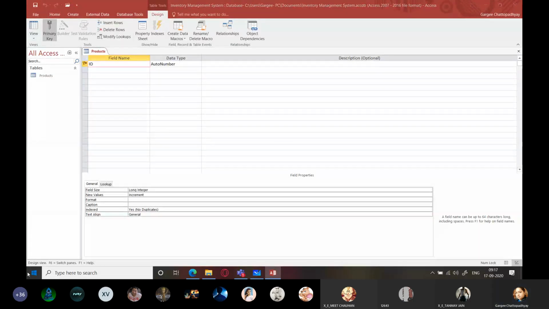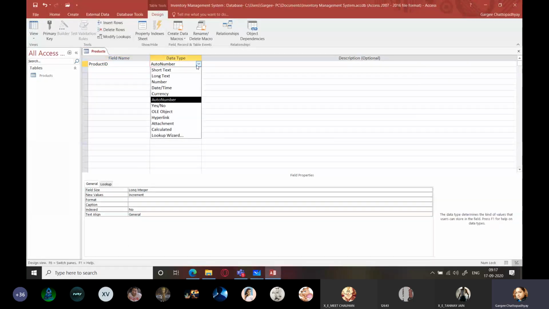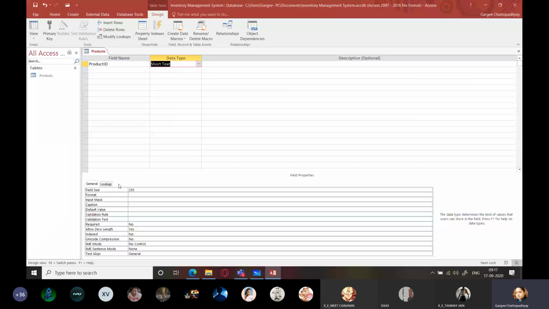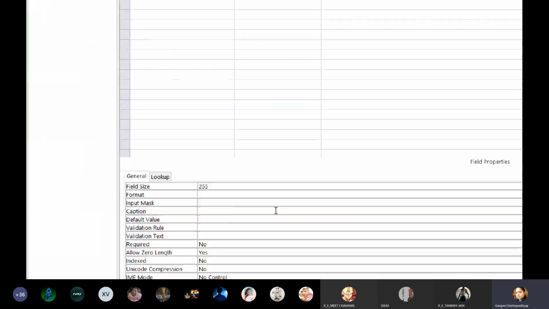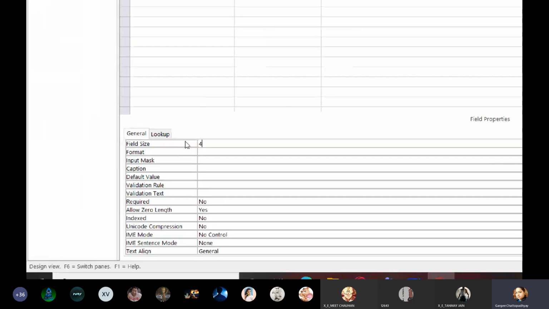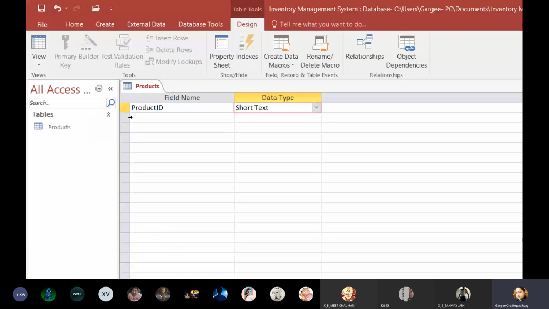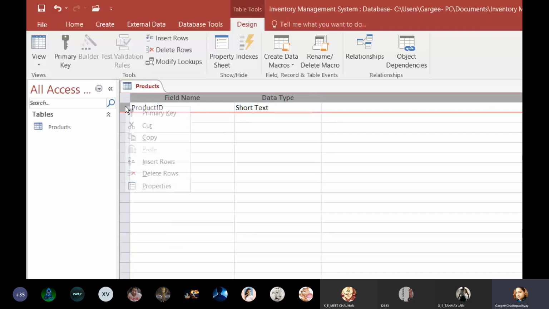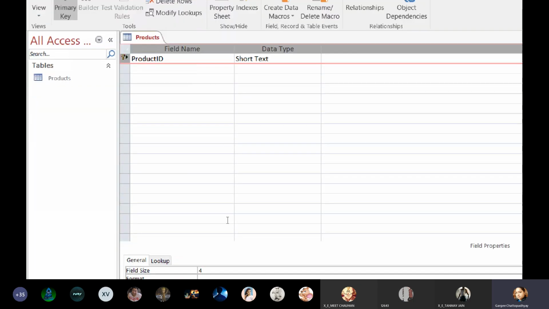Okay. Let me open my Glassbrick application. So you can see primary key over here. So I'm going to just toggle this primary key to remove that primary key from here. Only then I would be able to change the data type and field name. Now field name should be product ID. Right? And its data type start with a character P. So I will be taking the data type as short text. I'll come to this option here down, that is field size, and set it as how many? 4 characters, right? Okay, I have to set it as a primary key also. So what I'm going to do, right click, set primary key. दो चीजें तो हो गई.